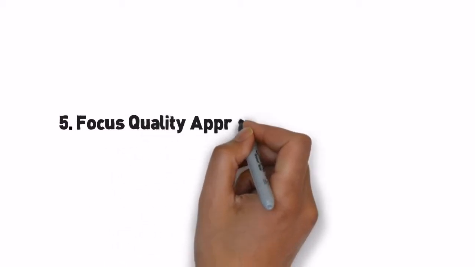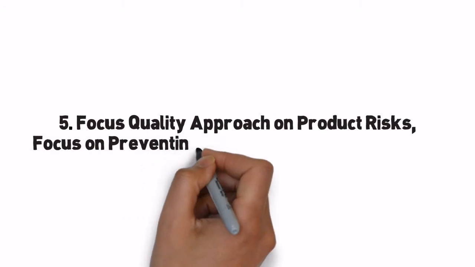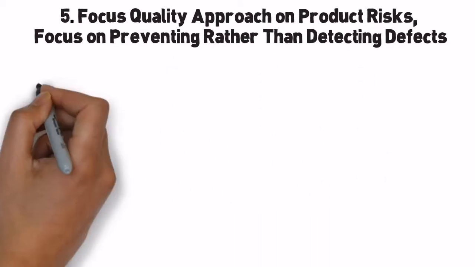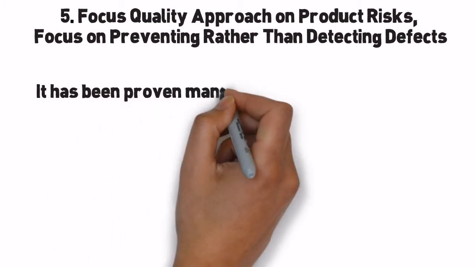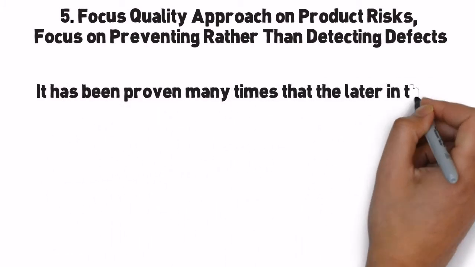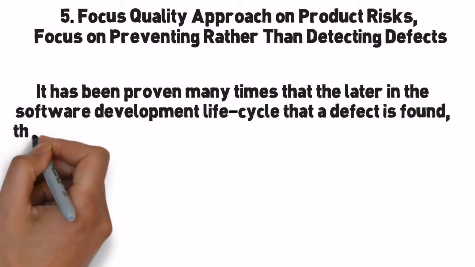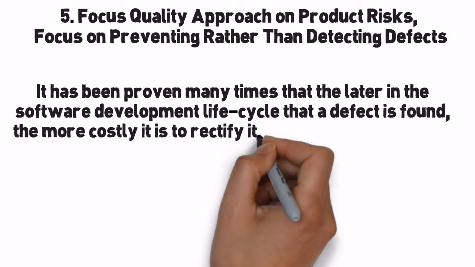5. Focus quality approach on product risks. Focus on preventing rather than detecting defects. It has been proven many times that the later in the software development life cycle that a defect is found, the more costly it is to rectify it. For example,